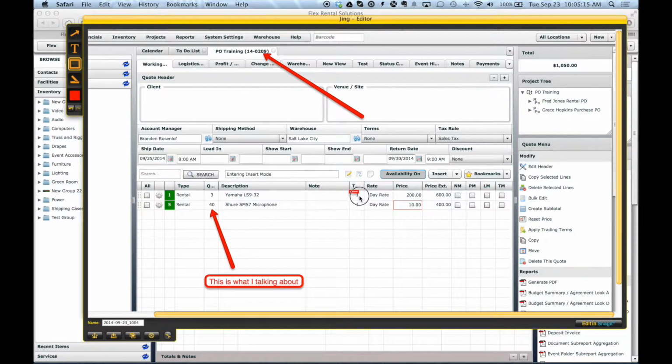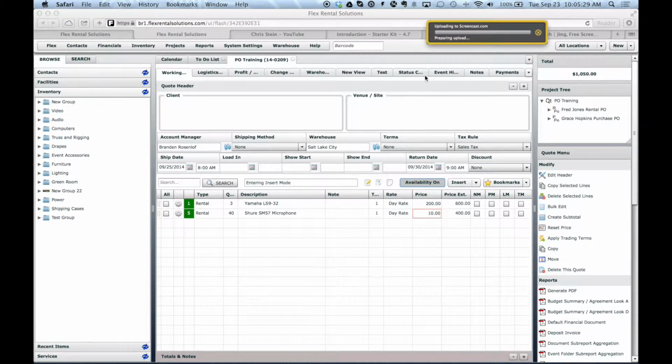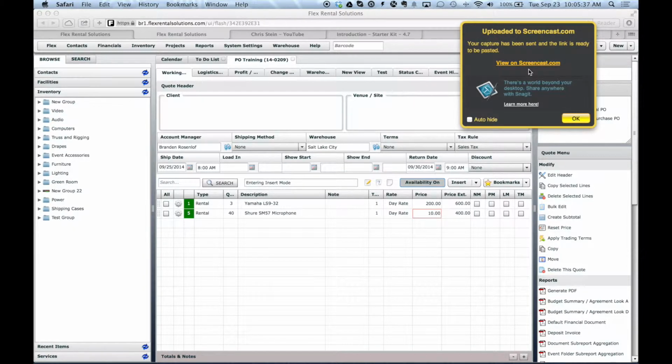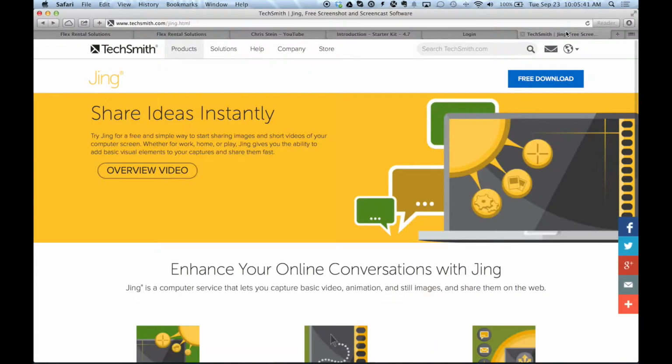You can highlight different things, so it's very useful annotation tools that they have. And then from here what you would do is you can either save it or you can immediately share it. If we click this button here, it pops up a little window that says that it's uploading. And the cool thing is that it will automatically paste a link to your clipboard. So now all I have to do is paste,